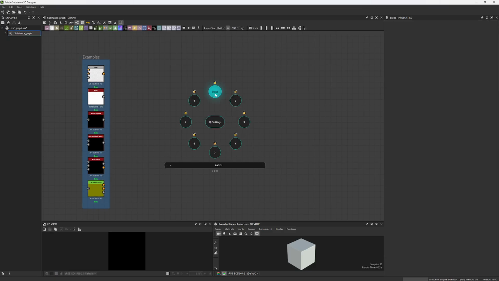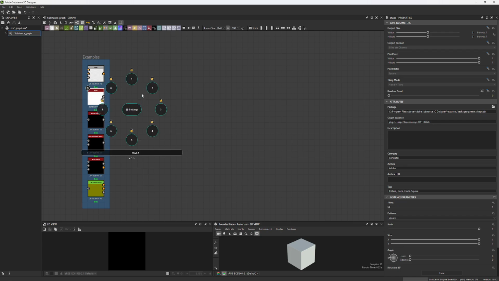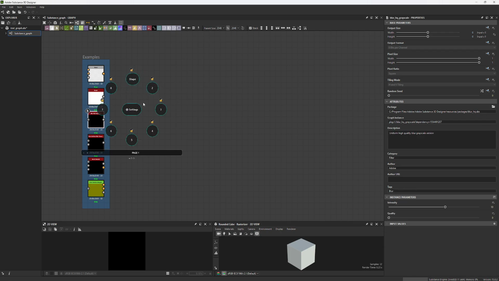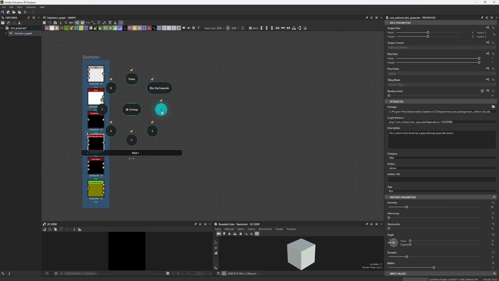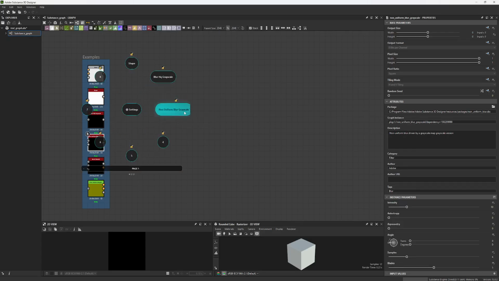If you don't want this one at the first slot, you can easily clear the slot using Alt right click, and you can drop something new. For example, a donut shape here, and right click, and this is a shape node. So I can do the same for the blur, I can do the same for the non-uniform blur, and you see the wheel will